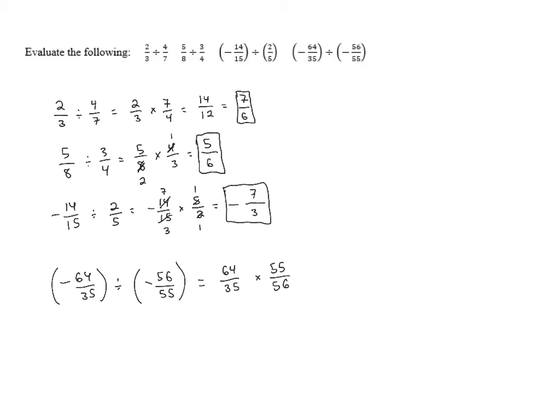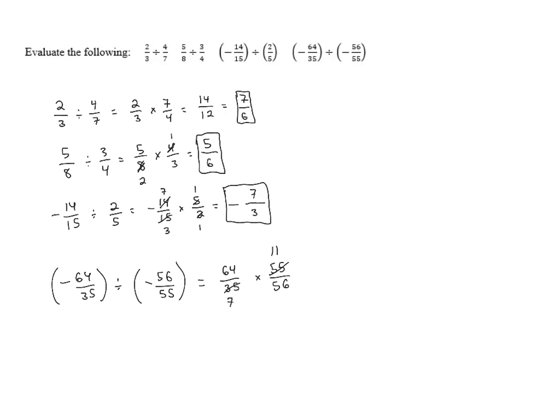All the other ones we could have easily done without cross-canceling, but here multiplying 64 times 55 and 35 times 56 just seems unnecessary. So let's try and do some reducing. If we look at the 35 and the 55, we can see those are both multiples of 5. If we reduce by a factor of 5, it leaves us with 11 on the top and 7 on the bottom. Now, if we look at 64 and 56, in my memory of